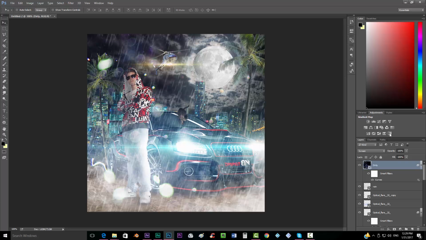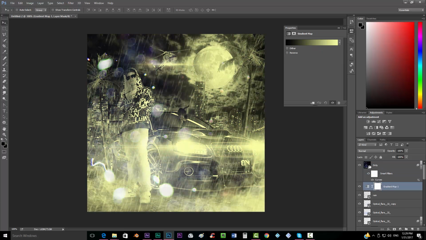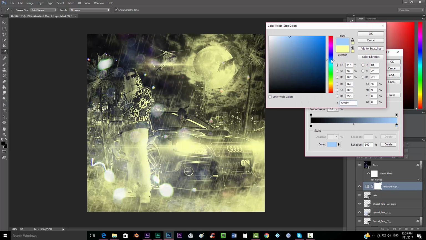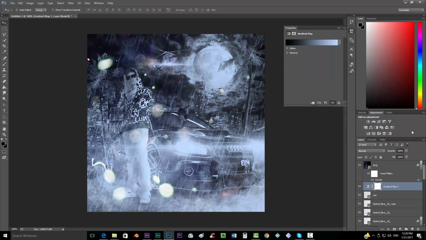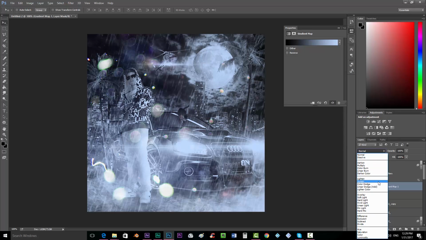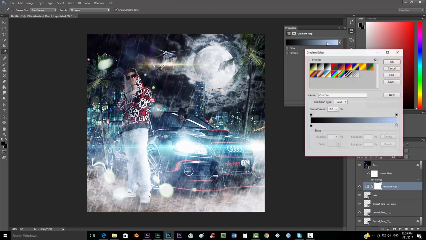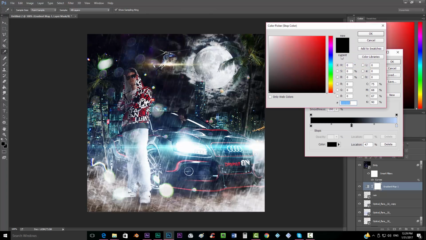And I would like to add a gradient map. I'm going to put it below the dirt image. And we would like to change a little bit the colors that we have. So I'm just going to keep the black over there like that, and I'm going to associate the whites to a soft blue, something like that. I would like now to put this on soft light, and we'll see how this changes the look a little bit. I'm going to add another color over there, blue, like this one, maybe not that saturated,